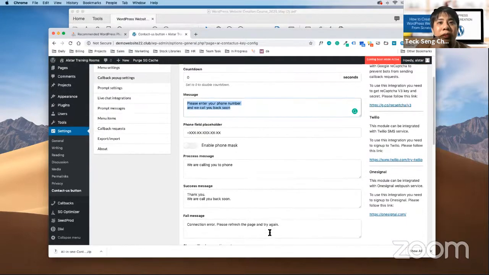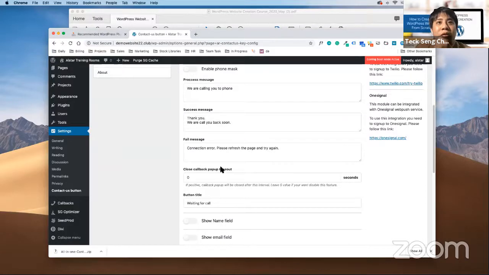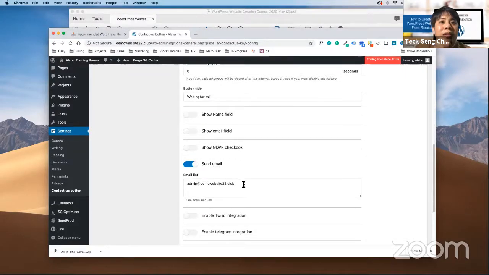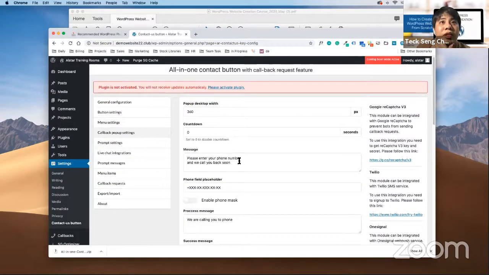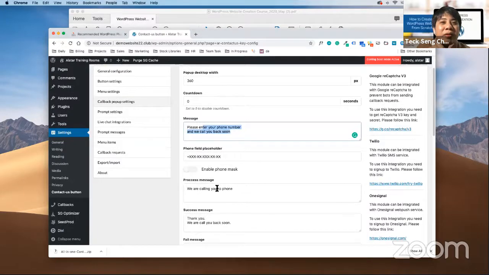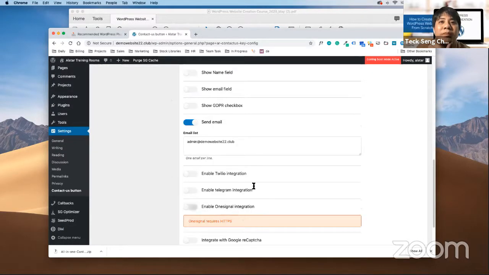There's one more thing that you should take note of. If you scroll all the way down, you will see the email list. How this callback works is that when someone fills up the callback form, it will send an email to the email here to inform that someone requested a callback. So after you change the grammar errors, scroll down to this email list and change it to your own email so that you can see your test later.